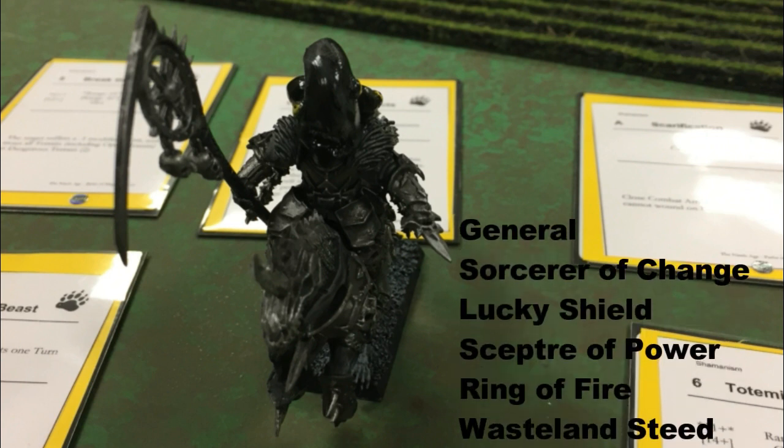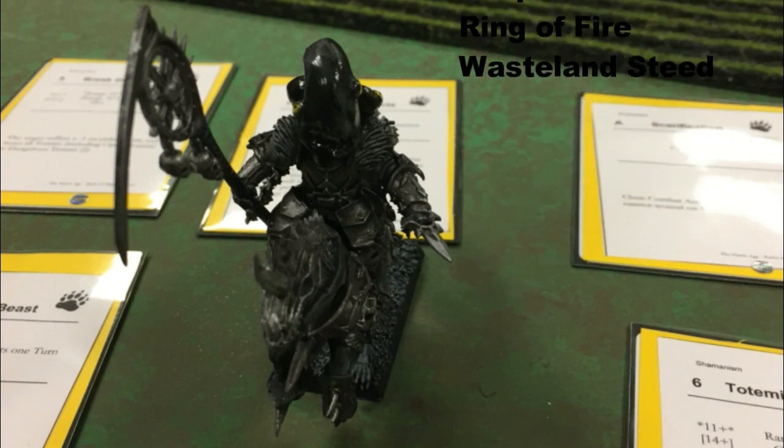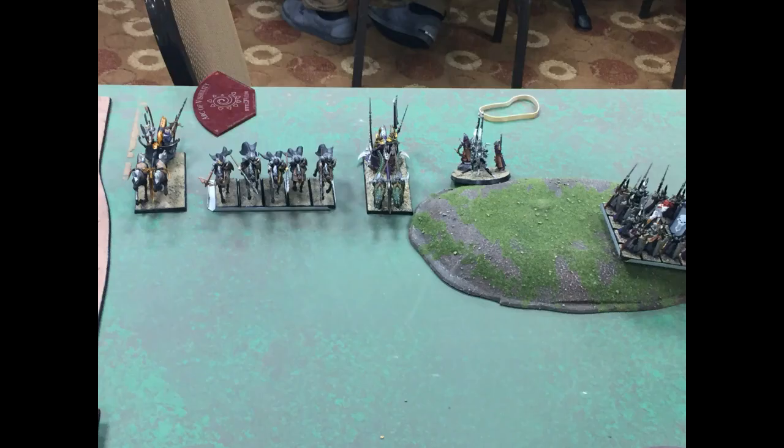He's a Sorcerer of Change. He's got the Lucky Shield, a Scepter Power, which I thought was kind of interesting. You'll see there's a Ring of Fire, and he's riding a Wasteland Steed. So, a mobile caster. I dropped quite a bit to go first, but I've got a Hunting Chariot on my